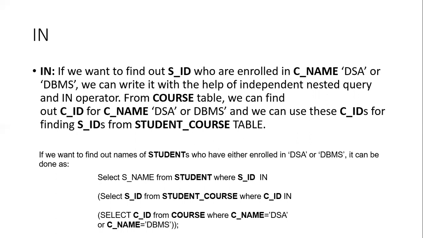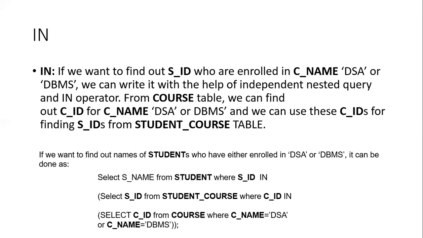And then the outermost query to the student table, I have selected the student name where I've given a condition that the tuple must have student ID that is present in a set. Which set? The set which is having value S1, S2, and S4. Okay. So this is how the nested independent query we write in SQL.